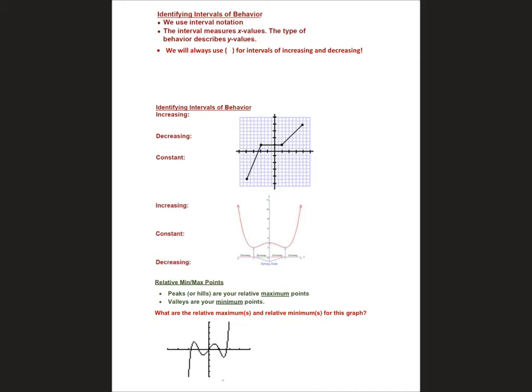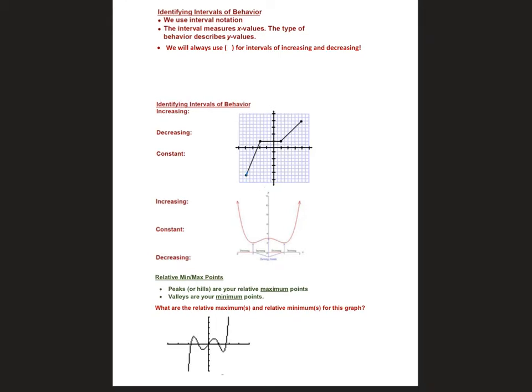Let's go ahead and take a look at an example. It says here we are given a graph. It says identify the intervals of behavior. So for increasing, you can see here at the very left, we have this section of the graph. From left to right, my x values are increasing and so are my y values. So this would be increasing. So we'll say from x = -4 to x = -2, that interval or part of the graph